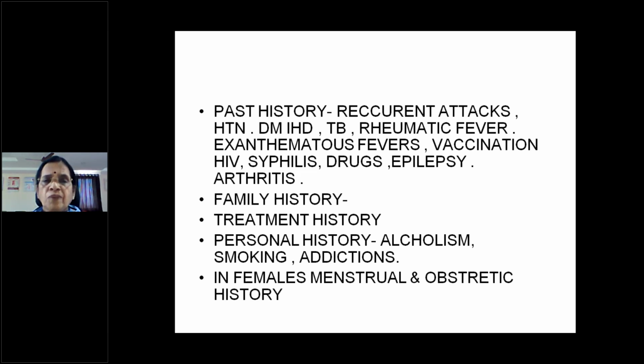And the rheumatic fever, of course. In case of acute rheumatic fever, some people, usually females, can develop chorea. Chorea they can have 6 months before or after the onset of rheumatic fever. Or if the patient has got a valvular disease, because of thromboembolic phenomena they can develop a CVA. They can have exanthematous fever, that is either dengue fever or chickenpox or measles. In those people they can develop either meningitis or encephalitis. Exanthematous fever can involve the central nervous system.